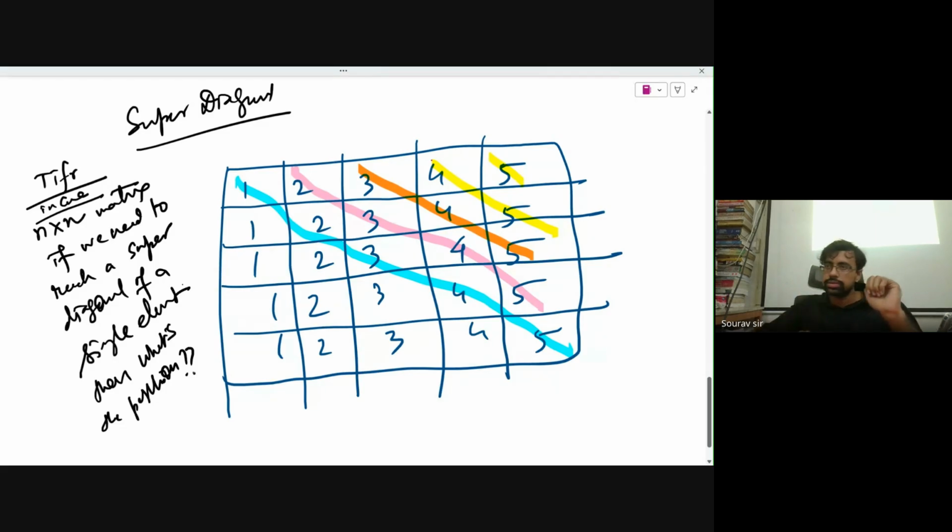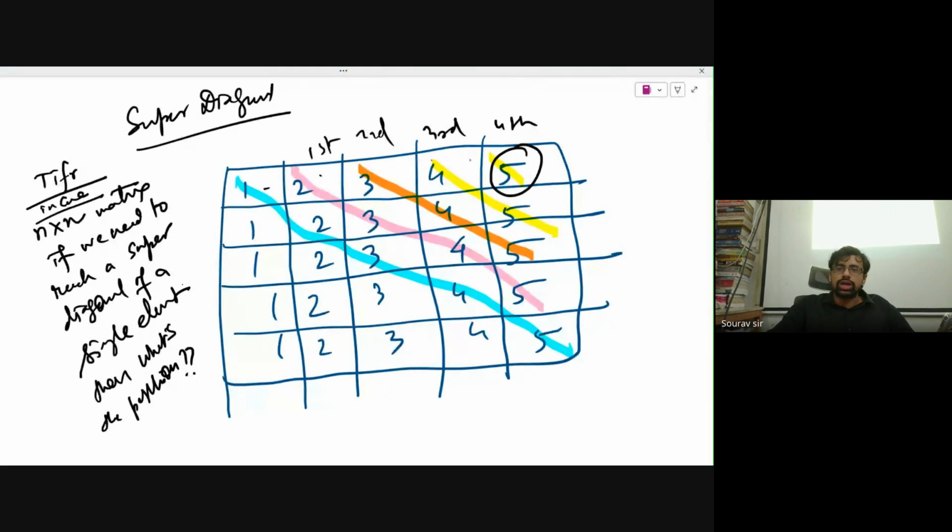समझ में आया सवाल? सवाल ही समझ में नहीं आया तो कैसे हो? तो देखो 5 cross 5 में अगर सिंगल वैल्यू में जाना है तो कौन सा सुपर डायगोनल में जाना पड़ रहा है? फर्स्ट, सेकेंड, थर्ड एंड फोर्थ. आप खत्म. तो अगर ये 10 क्रॉस 10 भी हो जाता तो इसी तरीके से होगा. तो n क्रॉस n में काफी लोग n/2 करके बहुत झमेला करते हैं. नहीं, ये 5 हुआ तो इसके ऊपर वाला फोर्थ,